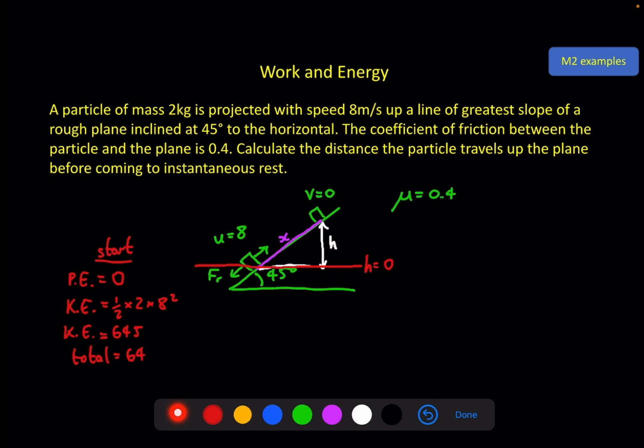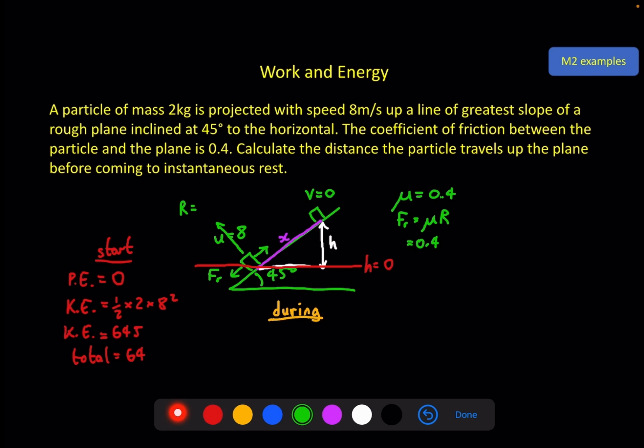Now, during the movement, it is losing energy from the system because it's doing work against friction. So energy is being lost. So I need to know how much work is being done here, how much energy is being taken out of the system. So I need to know the work done against friction. To do that, of course, I need to know the force friction. And we know friction, if it's moving, is maximum friction mu times R, which is 0.4 times the normal reaction, this way here,